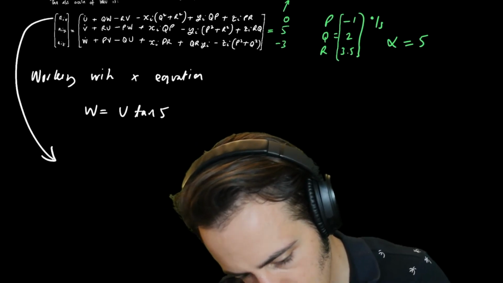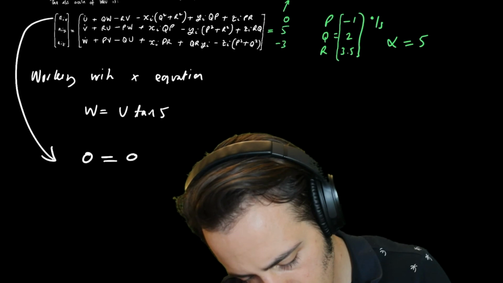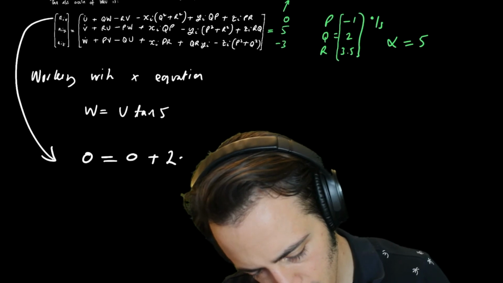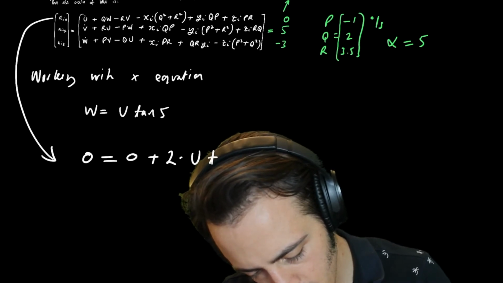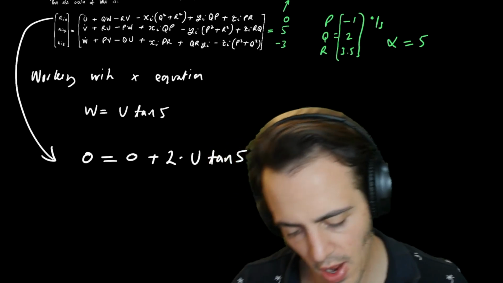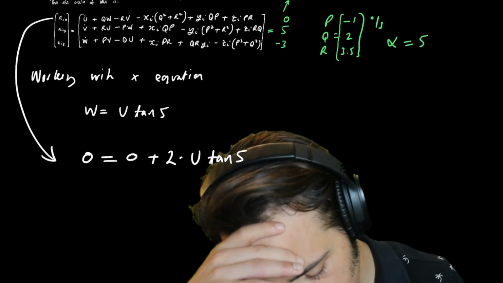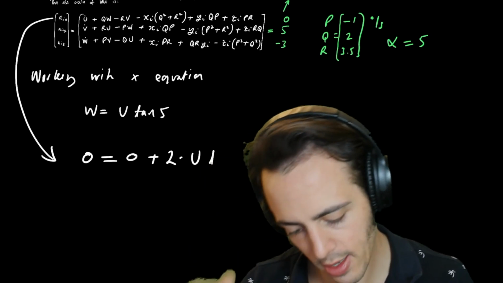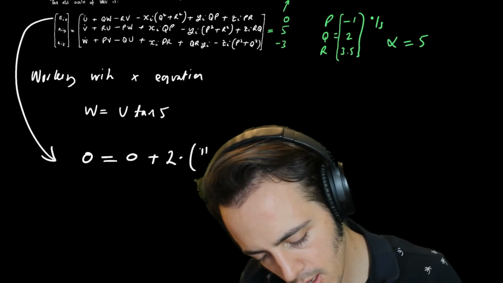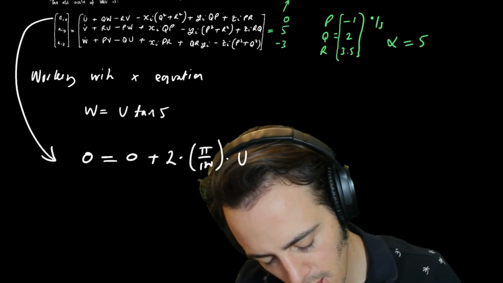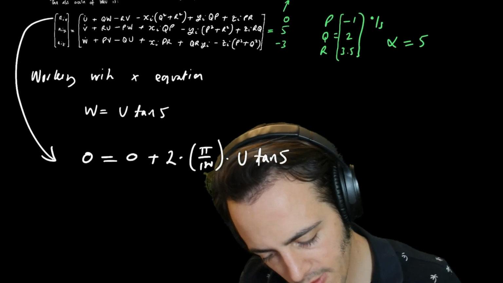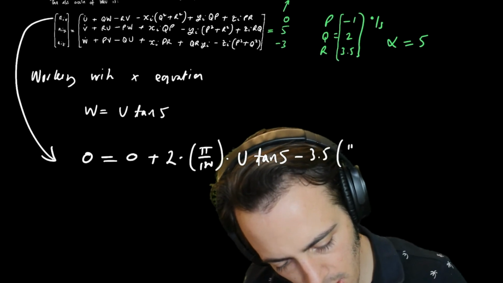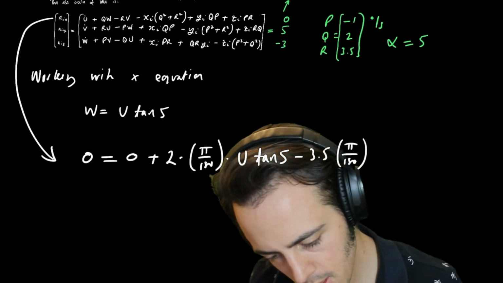Bring this down, and we say that 0 is equal to 0 plus Q, which is 2, multiplied by u tan 5, minus R, which is, let's go back a second, sorry, these are in degrees per second, so I need to do pi on 180 multiplied by u tan 5 minus r, which is 3.5 multiplied by pi on 180 multiplied by v